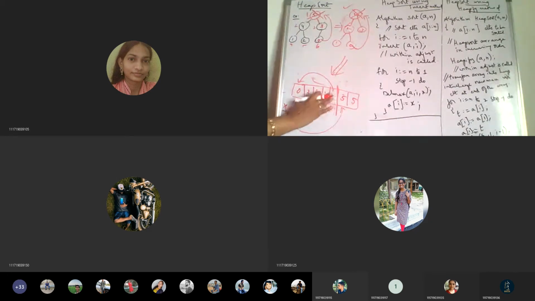And then the number of elements will be reduced, and whatever element is deleted will be kept in the next free slot. And now these elements are left over: 1, 2, 3.